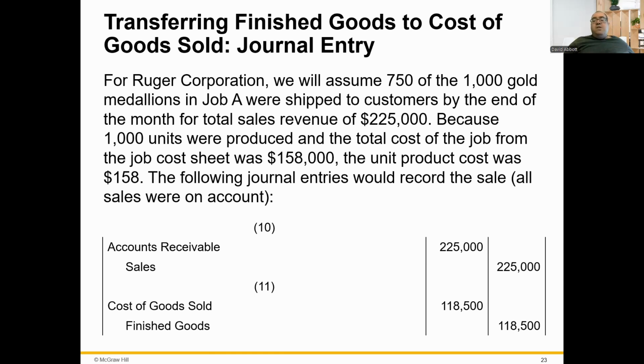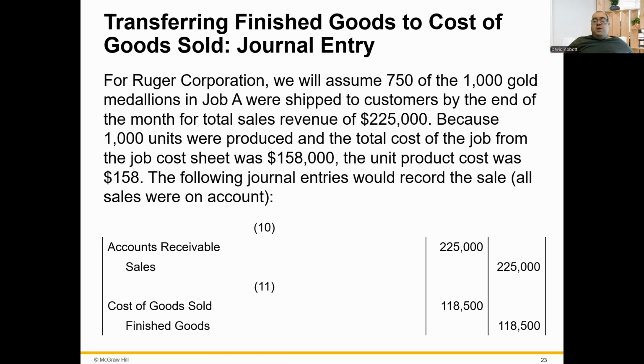So for Ruger Corporation, we assume that 750 of the 1,000 gold medallions were shipped to customers at the end of the month for total sales revenue of 225,000. Because 1,000 units were produced and the total cost of the job from the job cost sheets was 158,000, the unit product cost was 158,000